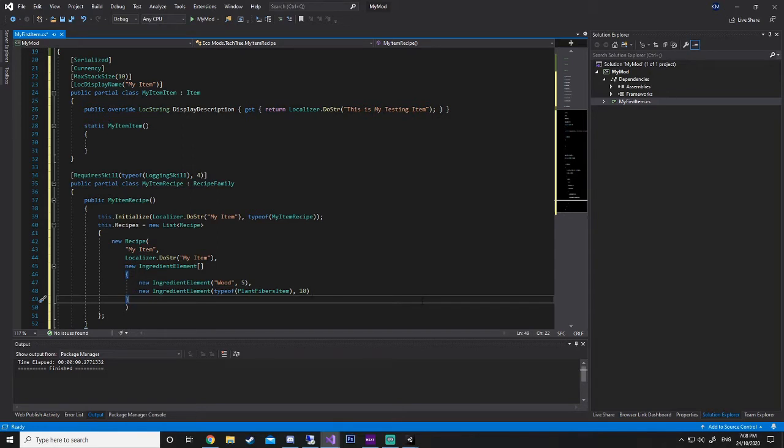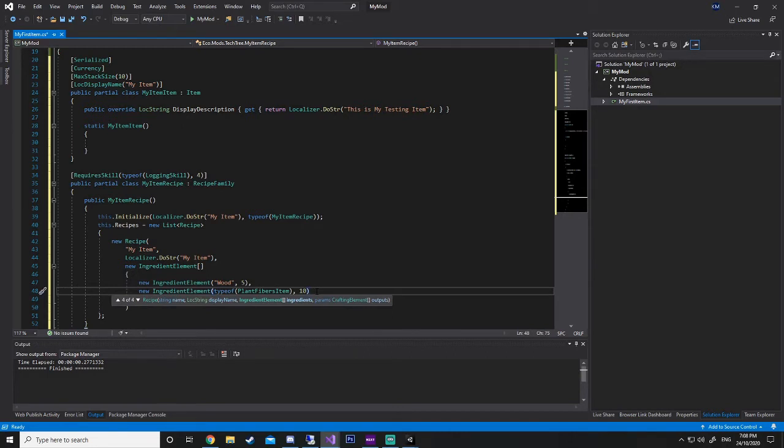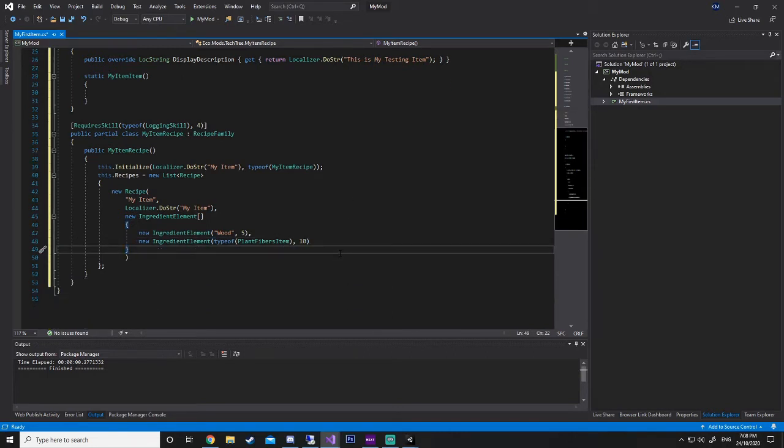There is also an optional parameter as well. It's called static ingredients, so regardless of modules and stuff being added, we can add in true, which makes it a static ingredient, which means regardless of whether they have modules or high skill values, it will always cost that amount to make it. So that's completely up to you whether or not that's something you want to do. And we finish that off with a comma.